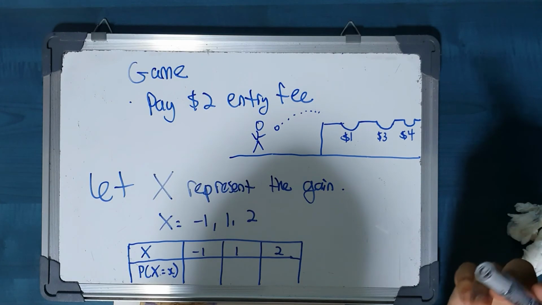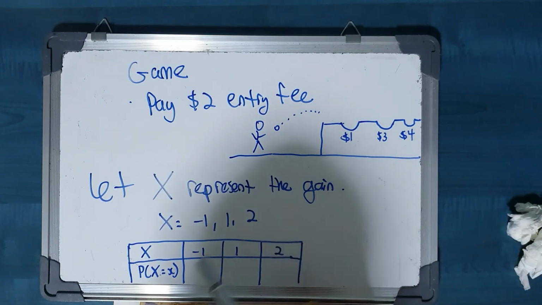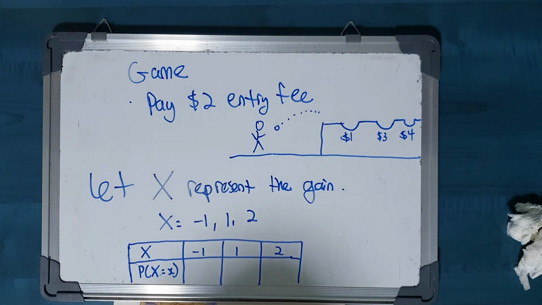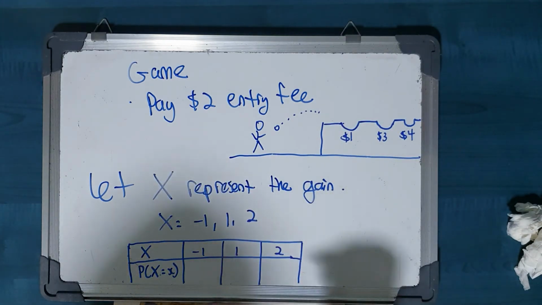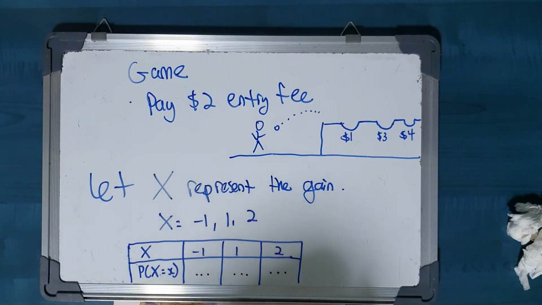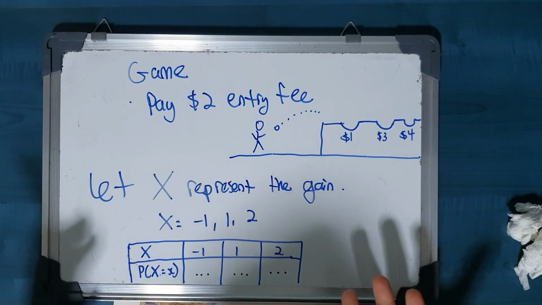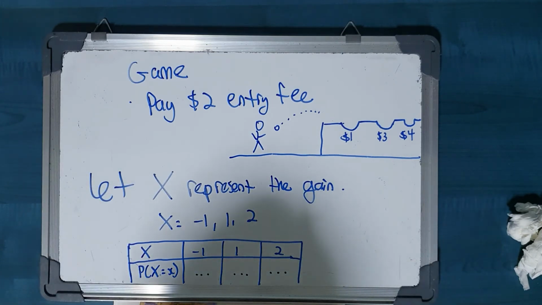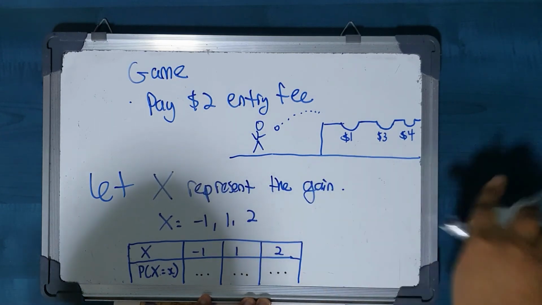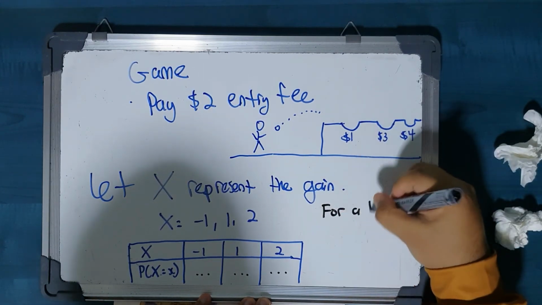And now I'll put these values inside a probability distribution table as follows. For each of the gains there is some probability. For now it doesn't matter what the probability is. Now tell me, previously we mentioned that in a fair game you neither win nor lose. What you pay is what you get. But right now let's think about the gain. If this was a fair game,